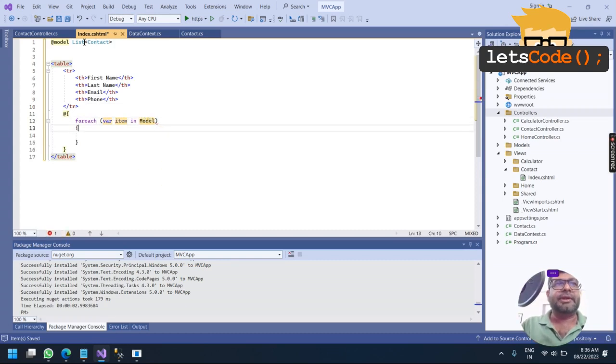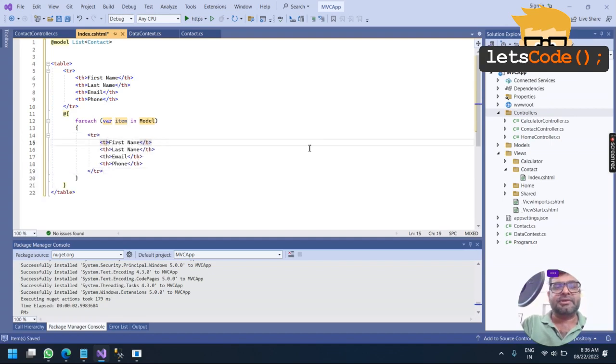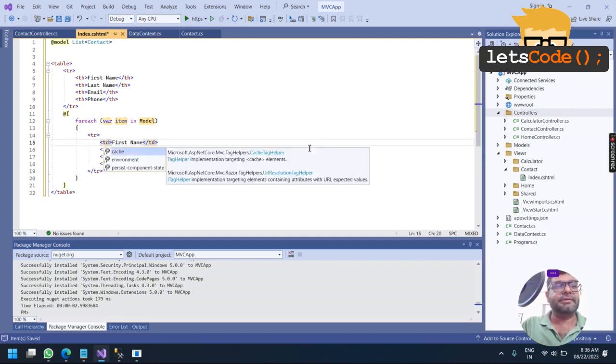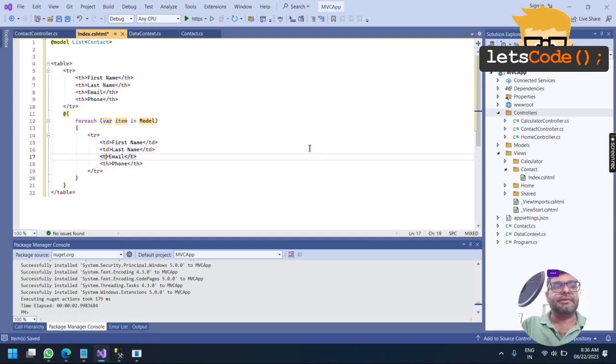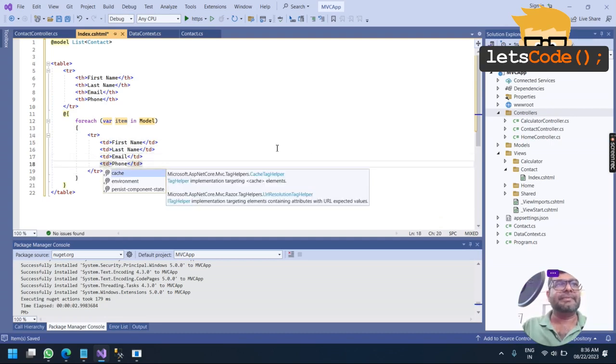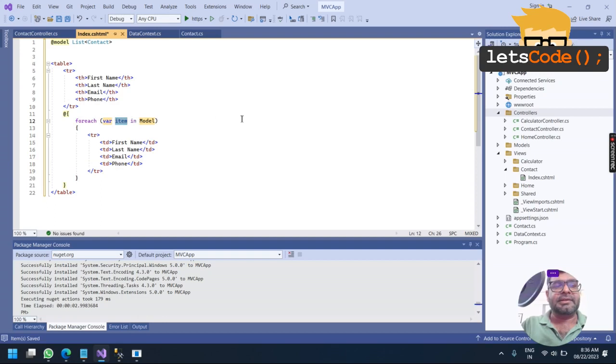If you are able to recall, model is a keyword that is reserved for the object of the model class of the view. Again, I will just copy the same tr. Instead of th, I'll make it td, td, td and td, and instead of item I'll call it contact. So I'm just looping through all my contacts one by one, and my loop variable is contact.